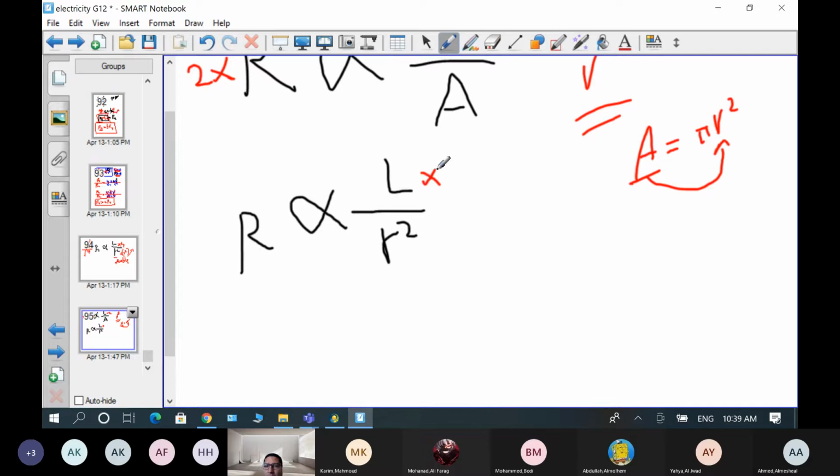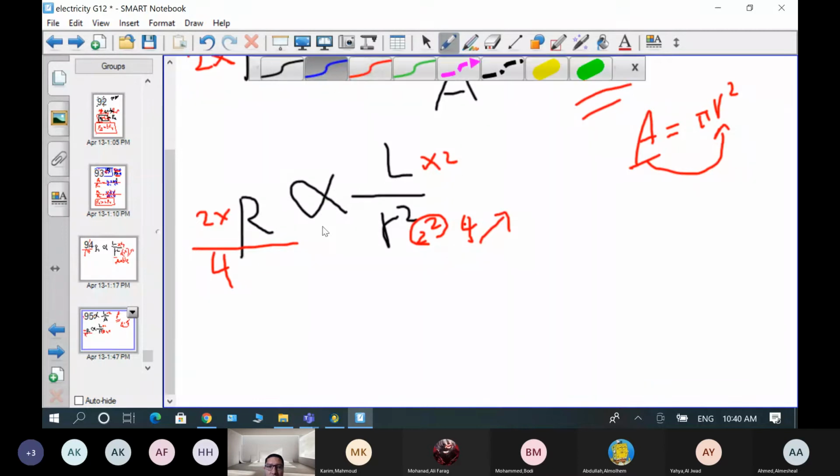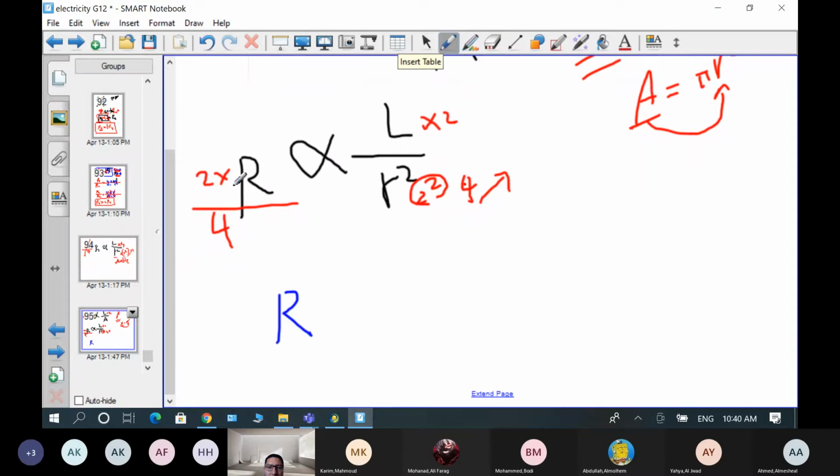So we double the length, so the original resistance will also be doubled, multiplied by 2. And we double r, so r squared is multiplied by 2 squared. This means it increases 4 times. And the radius is inversely proportional to the resistance. So if r squared increases 4 times, the resistance must decrease 4 times. So the new resistance, I make it in blue, compared to the original resistance, which is in black, equals